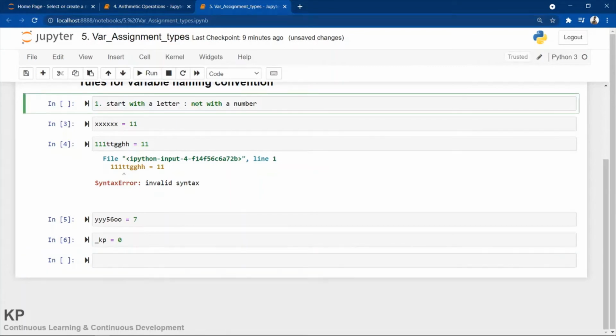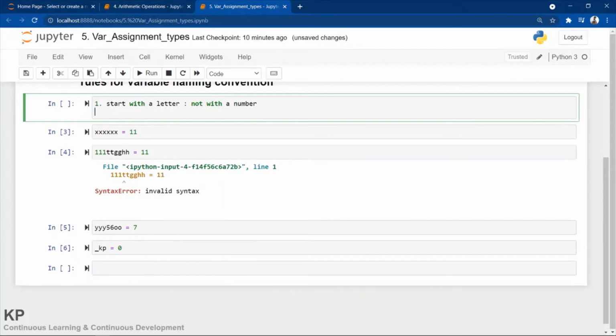So what will happen if I run this cell? Before this, let me tell you another thing. One more convention that is required. Let me put it as number 2.